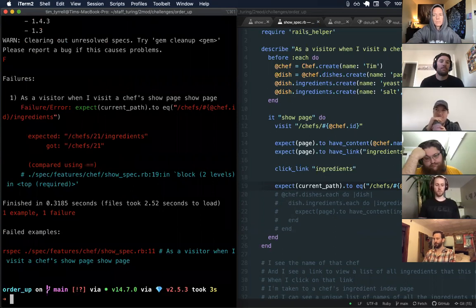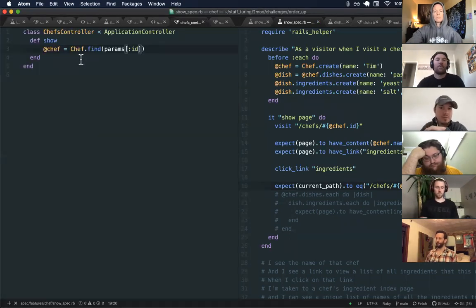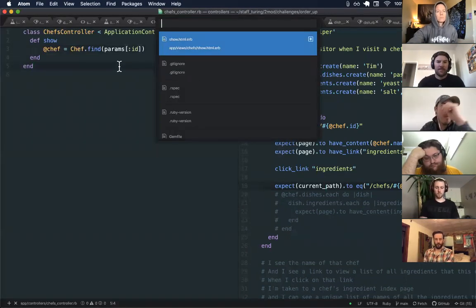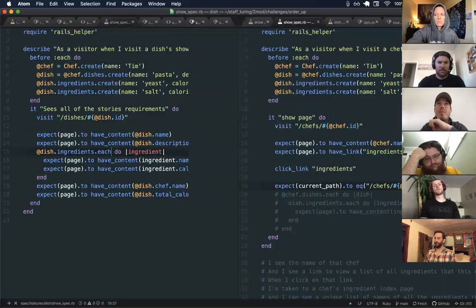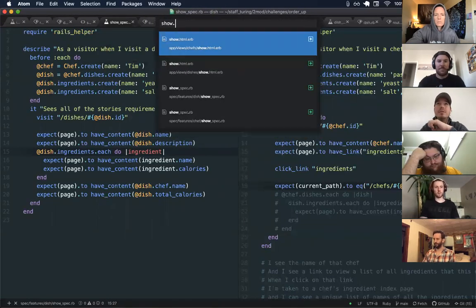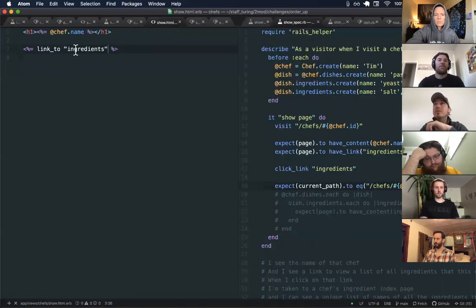Cool. Expected this path, got this one. So it looks like I have some work to do with my link, right? Show. Yep. Cool, link to ingredients. And now I'm just going to actually type this out and say, this is going to be linked to